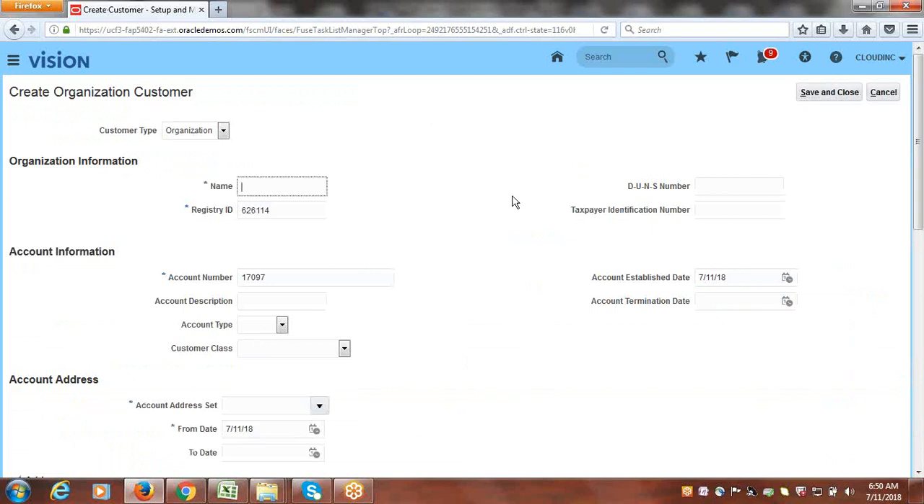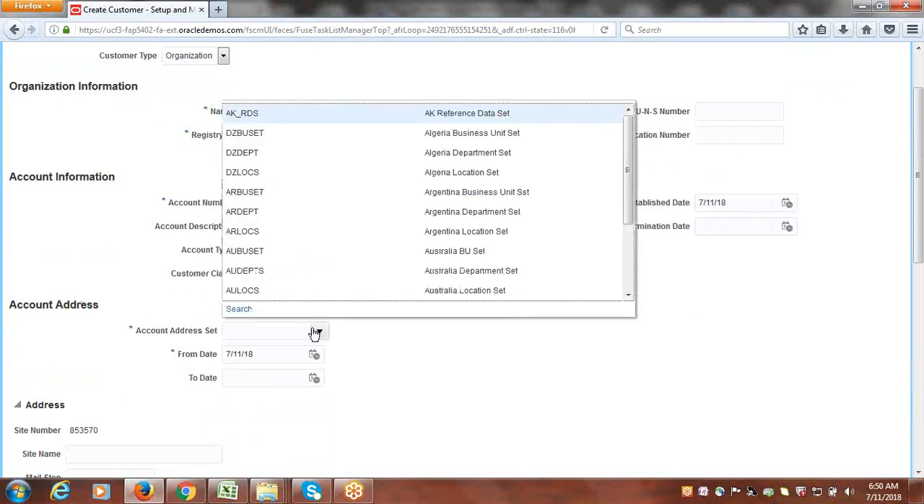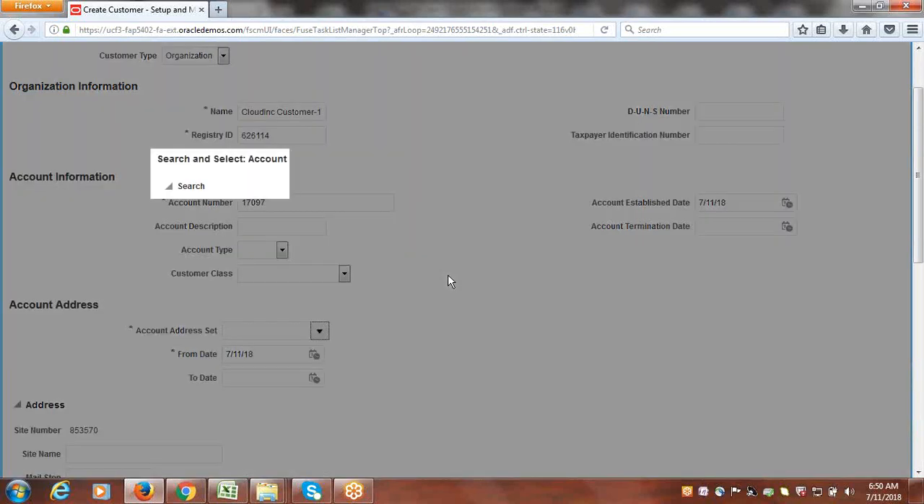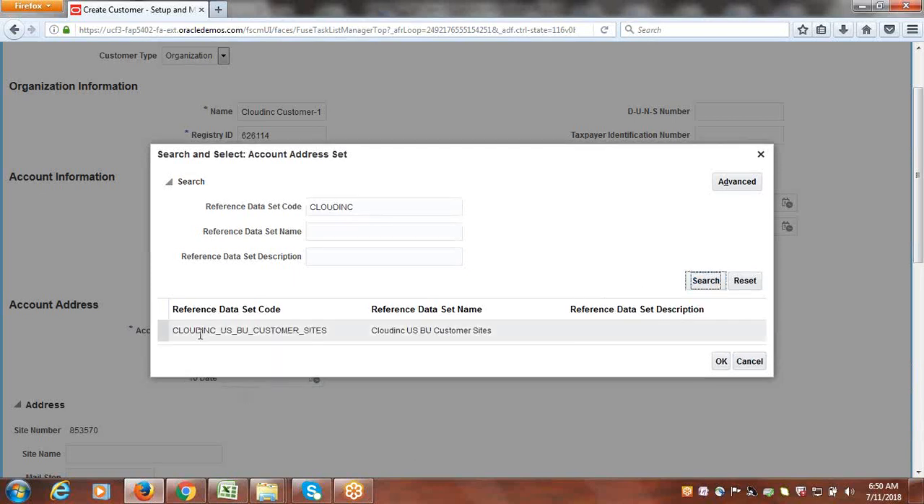So we can provide the name here. I can give the name as Cloud INC customer 1. And here you have to provide the address set. The one which we created, that you have to select here. Cloud INC, right? Search, select Cloud INC US BU customer sites reference data set,